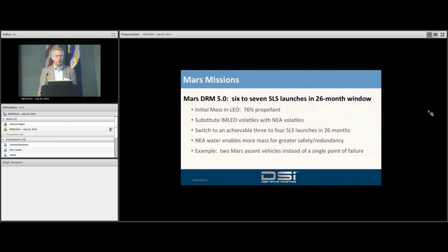And in the latest design reference mission 5, 3/4 of the mass put into low Earth orbit is volatiles. If you switch to using space-sourced volatiles, you probably can get those 7 SLS launches down to 3 or 4 in that 26 months. Besides putting less strain on your manufacturing capability, it puts a lot less strain on your budget, which is probably the limiting factor in being able to get a Mars mission actually launched. And if you have somewhat more abundant mass available to you, you can do Mars in a more